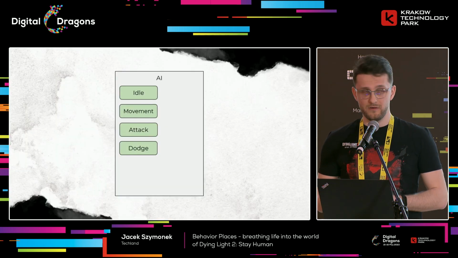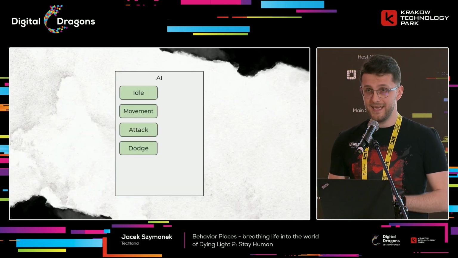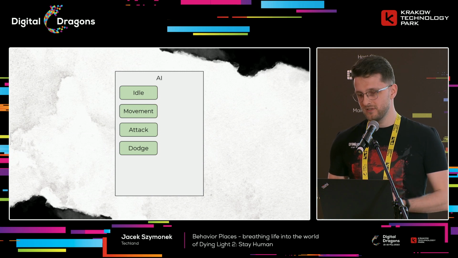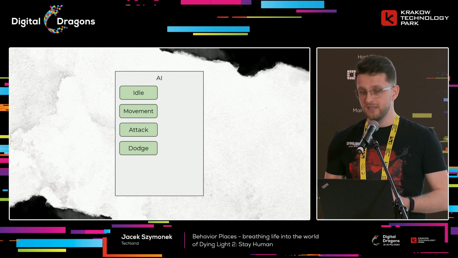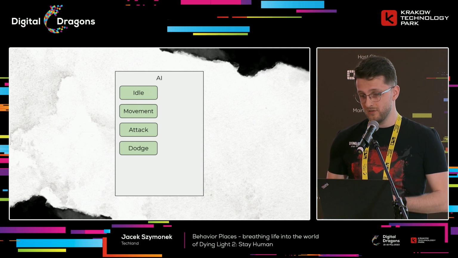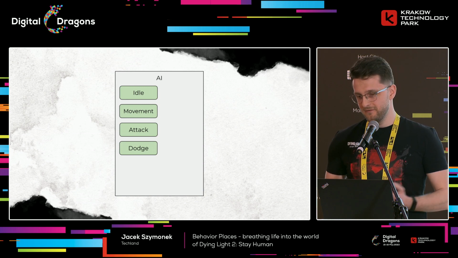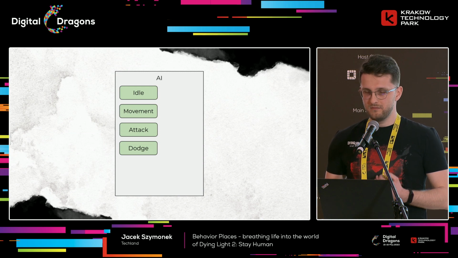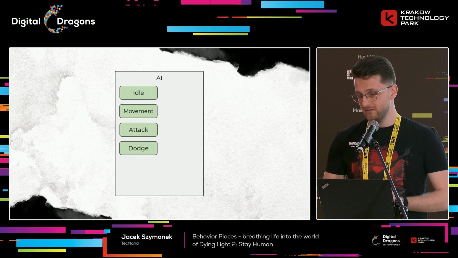The building block of our hub location is of course an AI agent. Our AIs are defined in terms of the behaviors that they may execute. So let's take for example this AI with 4 behaviors, it's a melee fighter. This AI could find themselves in a hub location under the influence of that location logic, and if there are beds in the location and the evening approaches, we would like to see this AI go to sleep.